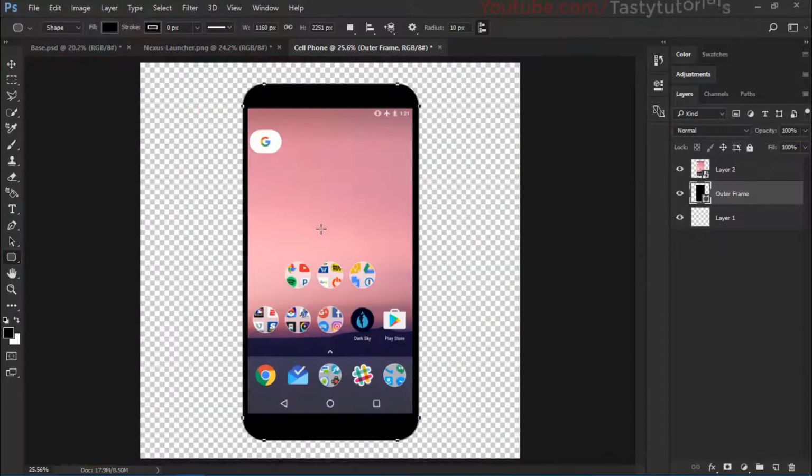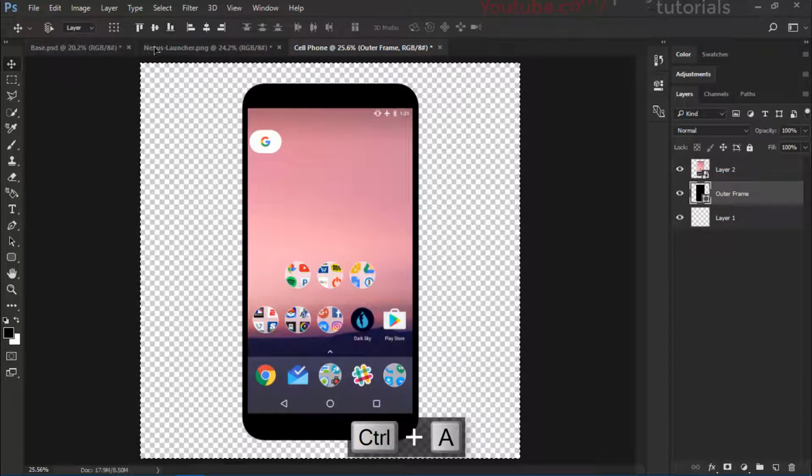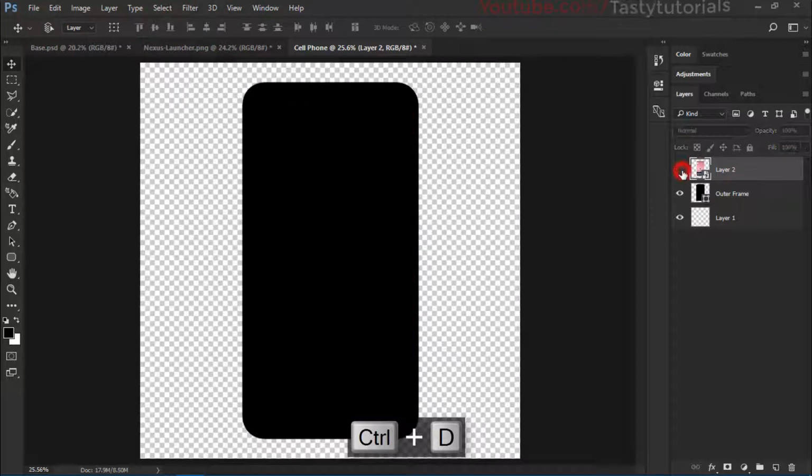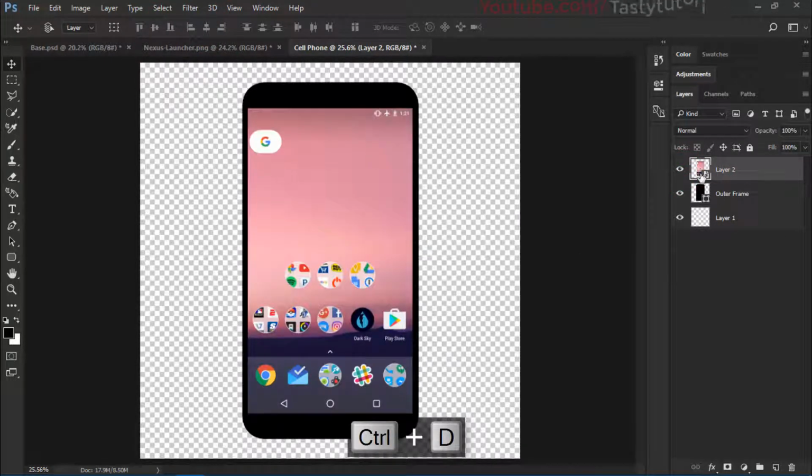Nice. Now we'll center everything, so press Ctrl A, select your move tool, click and drag this, and then again click and drag this. Now press Ctrl D. This is the page layout, so we'll call it inner frame,